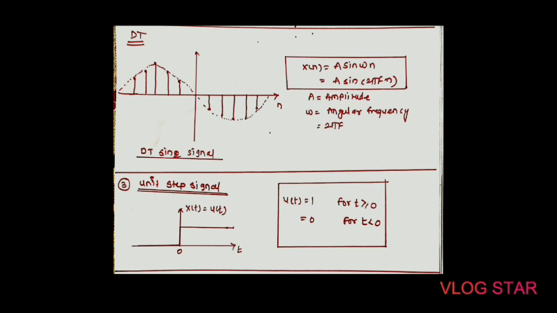The unit step signal is shown in the figure. Here we can see this is your unit step signal. It has a constant amplitude of unity, that is 1, for the 0 or positive values of time, whereas it has a 0 value for negative values of t. That means the amplitude of u(t) is equal to 1 whenever the values are greater than 0, like 1, 2, 3 up to infinity, and when the value of t is less than 0, that is from minus 1, minus 2 up to minus infinity, then your amplitude becomes 0.